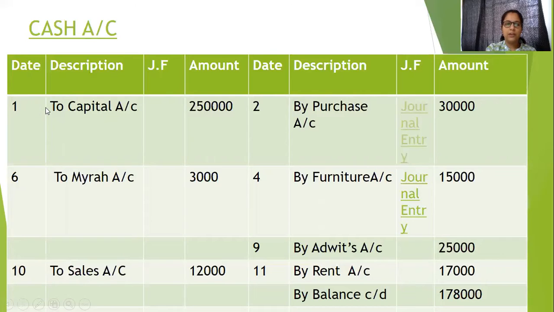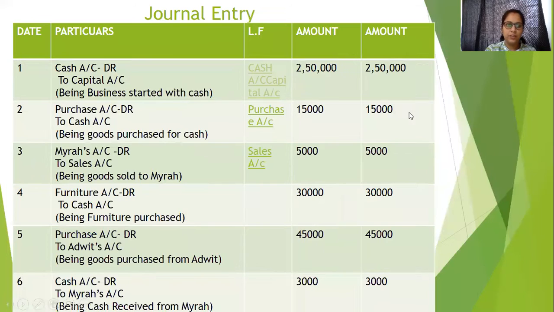First, we are investing in capital. So the journal entry was cash account debit to capital account. When we see in the journal entry, if we are opening the cash account, it is debited. So when we post in the ledger, the cash account will be debited against capital. So capital will be written on the debit side. It will be written as it is, to capital account, on the debit side, because cash is debited. We are investing in cash. Capital is invested in the cash.